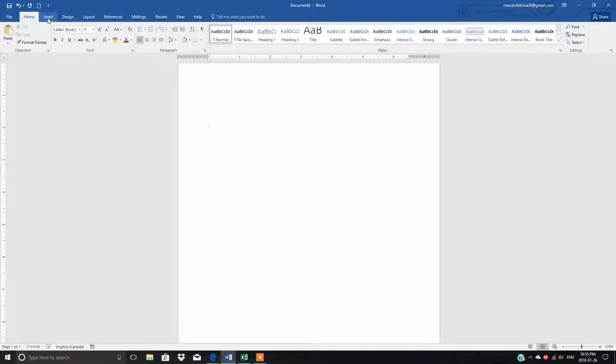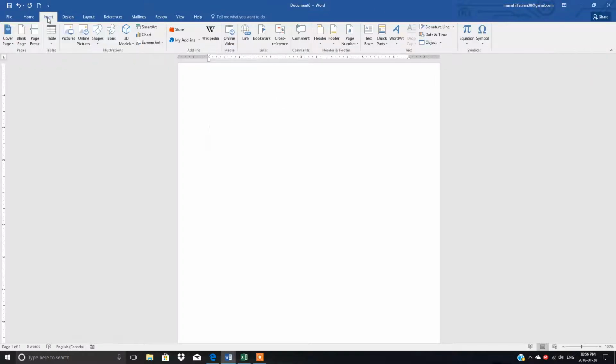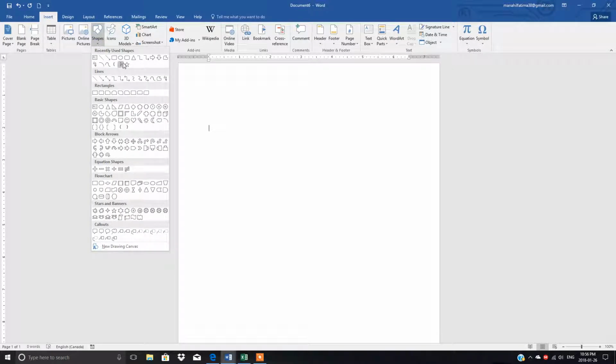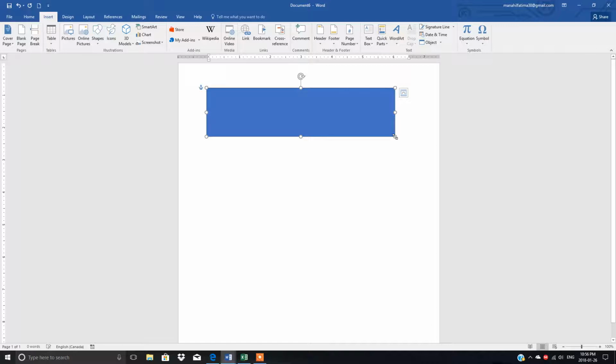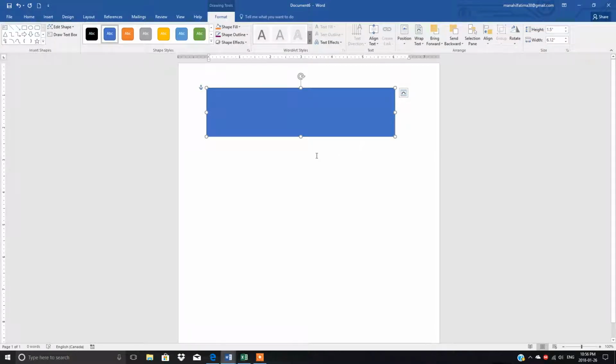So first of all, you have to click on the Insert tab, and in the Illustrations group you will see the Shapes button here. Open this. You can select any shape according to your company. Here I am going to select this rectangle, very simple. When you come here, you will see this positive sign, which is called the cross. So press and hold your mouse and make the rectangle shape with the help of the cross.